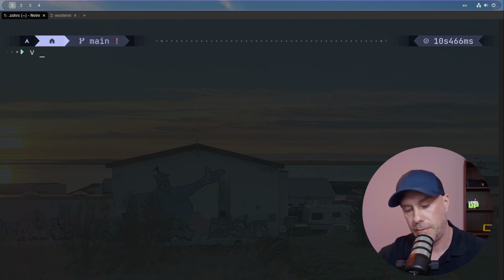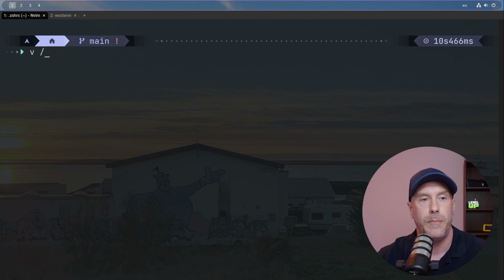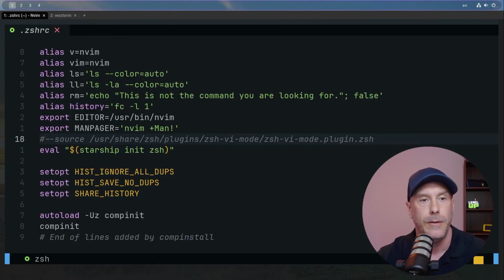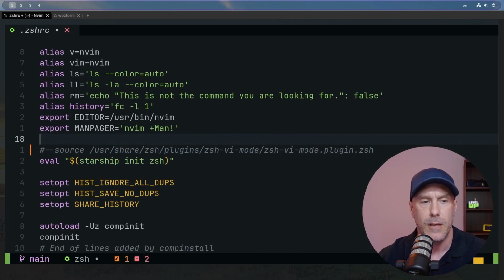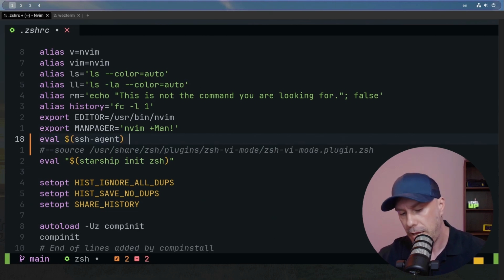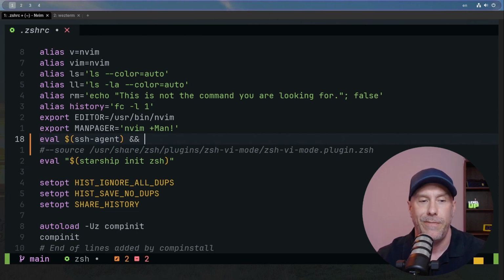V, that's an alias for Vim for me, and Vim. And because I'm such a hipster, I'm using the zshrc. You can do this for bashrc or zshrc. And so eval, you would just put it in there, whatever you were doing before. And so what's happening right there? If the SSH agent works, goes up,